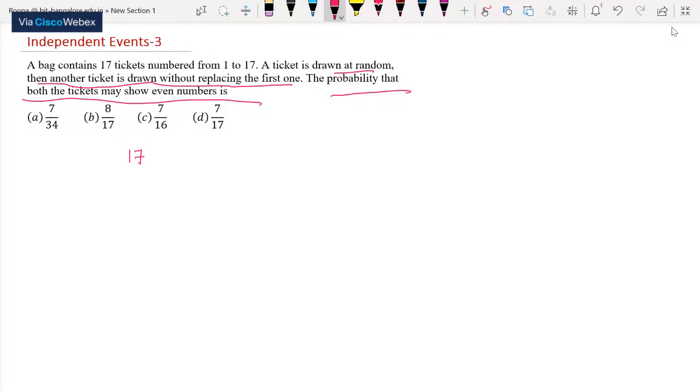17. So in the 17 numbers, from 1 to 17, what are the even numbers? They are nothing but 2, 4, 6, 8, 10, 12, 14 and 16. Totally how many? 8. There are 8 even numbers from 1 to 17. Then they are selecting one after the other without replacement. The probability that both the tickets show an even number. How many are they selecting at a time? 2. Therefore, the required probability